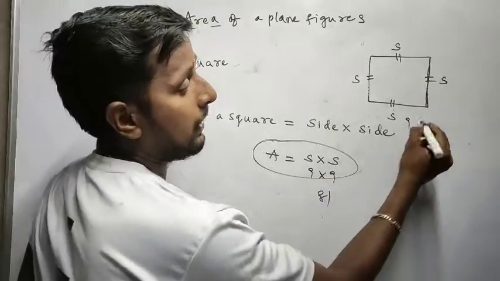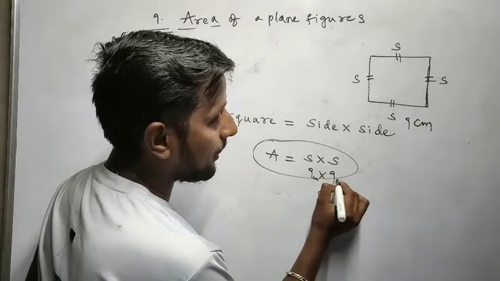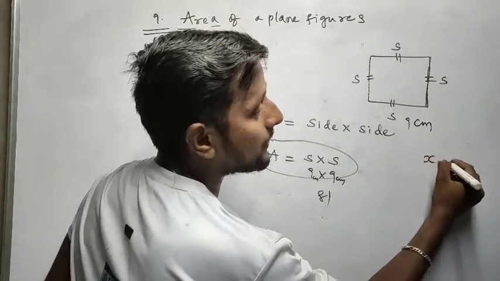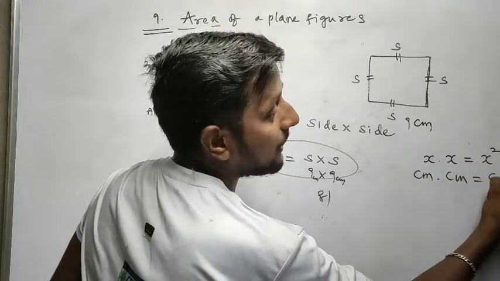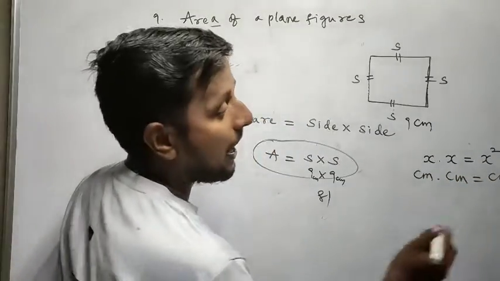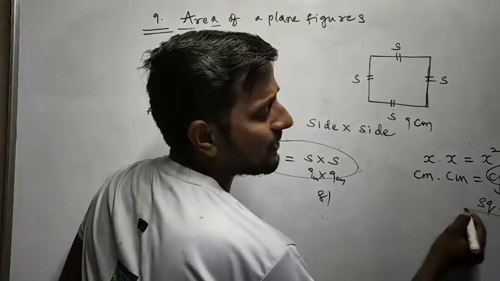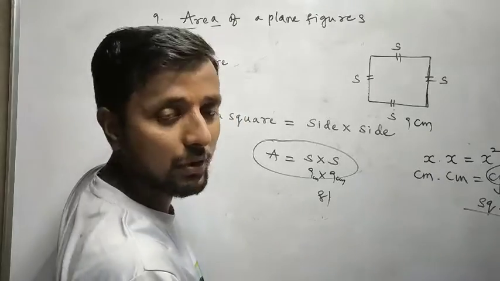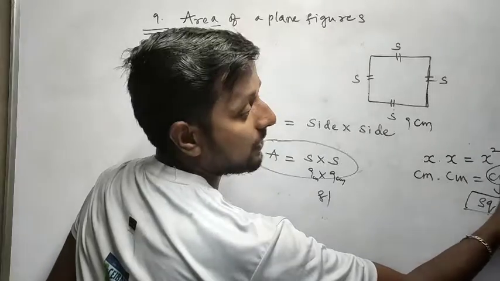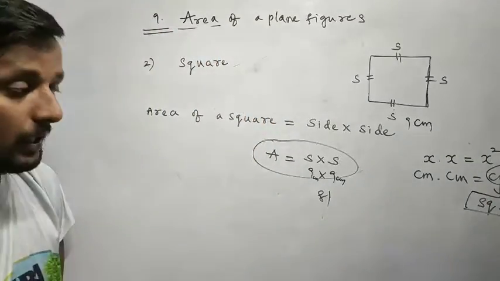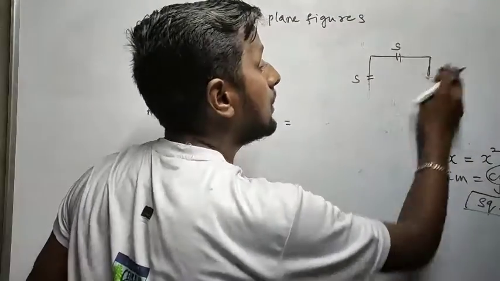What is the unit then? If I give centimeter, look, S is repeated 2 times. That means 9 centimeter into 9 centimeter. I told you already x into x is x square. In the same way, centimeter into centimeter we write as centimeter square. Or instead of this, people write square centimeter. Both are the same. Centimeter square is nothing but square centimeter. By using index you can write that. Area of a square formula is side into side.